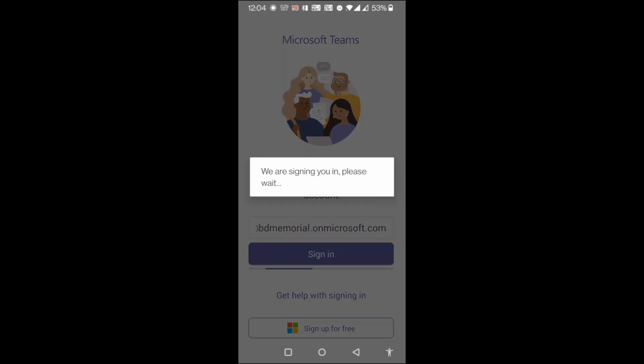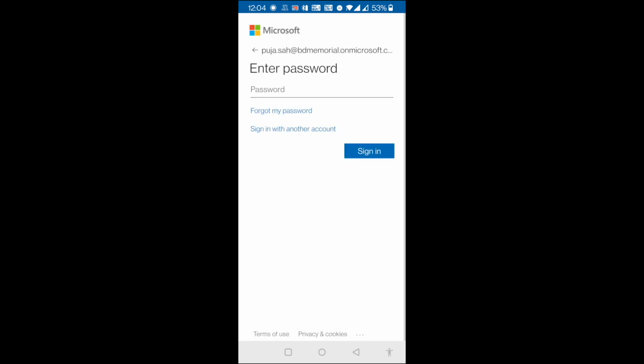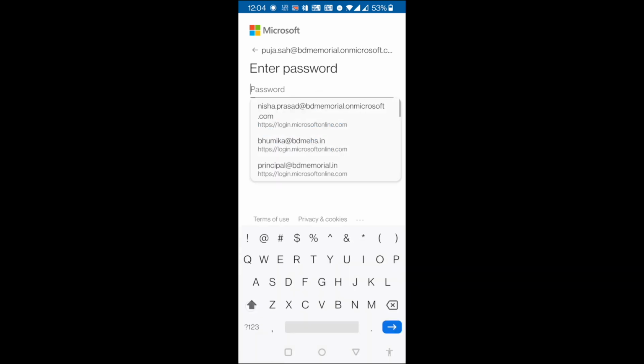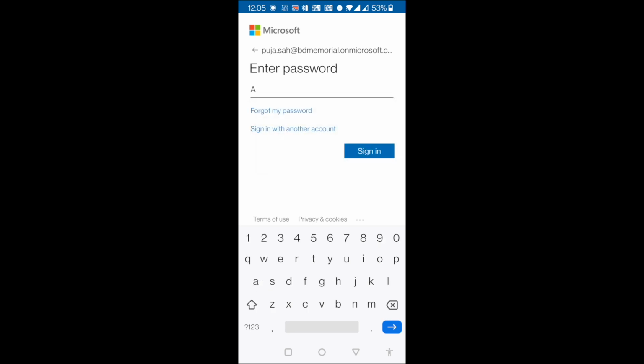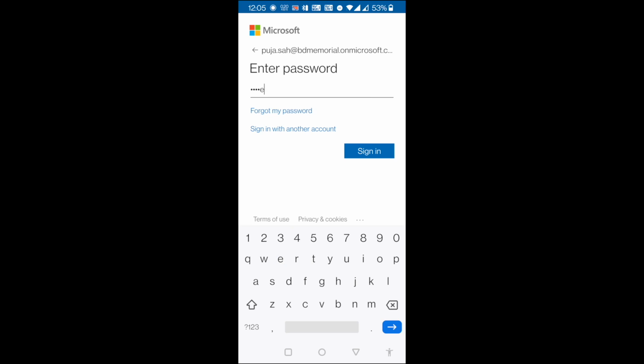So now I'm logging in. Now I think if everything is correct, it will ask for the password. But if something is wrong, it will say that your ID is wrong. So now you can see that it's asking for the password. So I'm going to put the password. Since the password for this student is an easy one I had kept, it really doesn't matter even if you see it. There it is. I put the password.